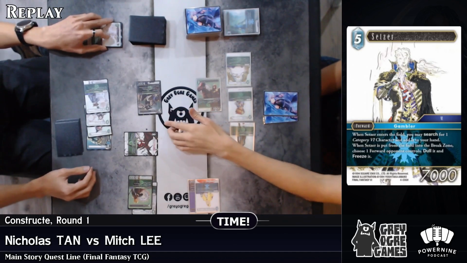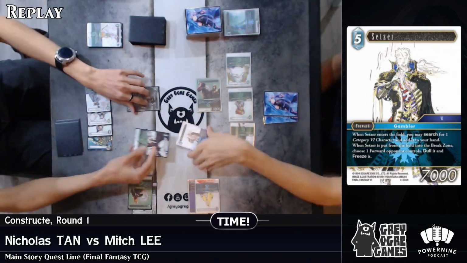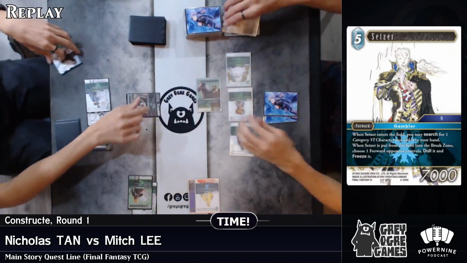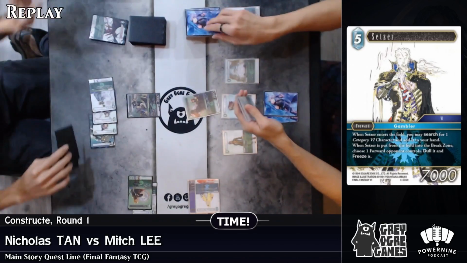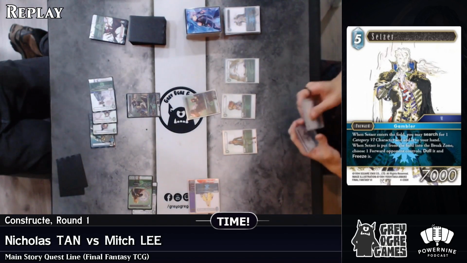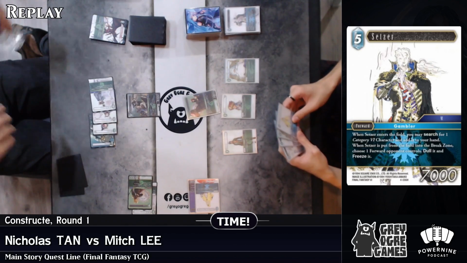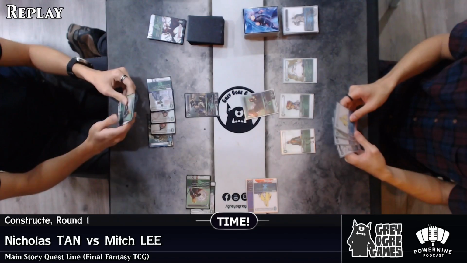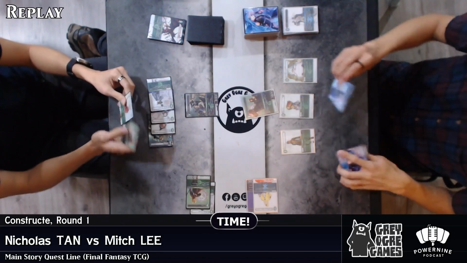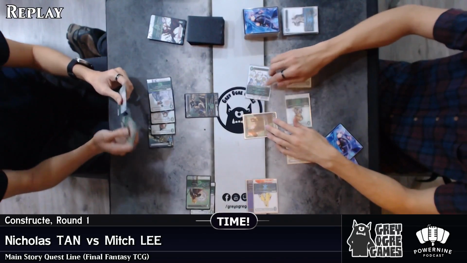Yeah, come on. Mitch knew the Arif was coming. And so he's able to get rid of the Setzer, but the Setzer does tap the Baltier down. So I'm not quite sure whether that trade was really good, especially if Nicholas here doesn't have a follow-up play. He does have an archer, which means that he will be able to untap his